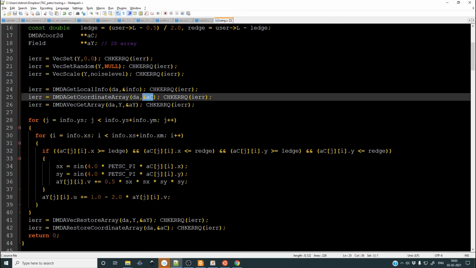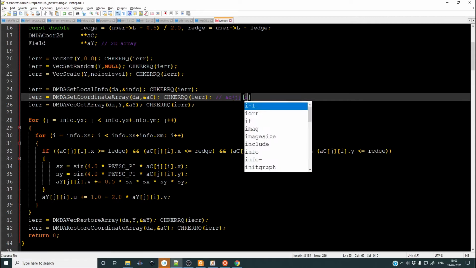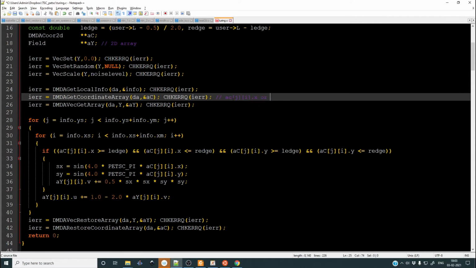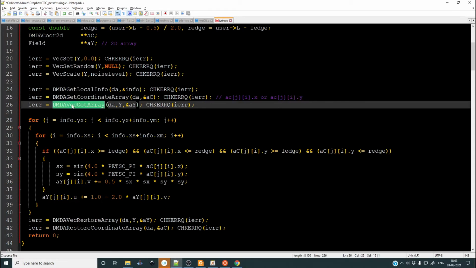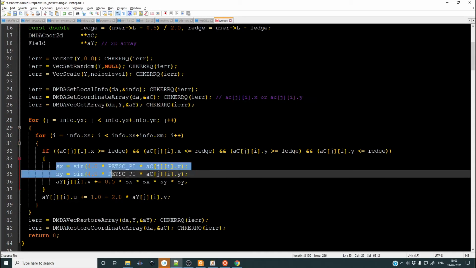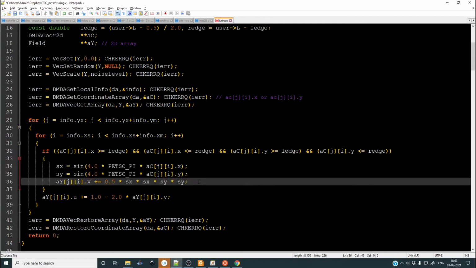So inside this, AC j comma I dot x. The calling sequence for the coordinates is going to be AC j I dot x or AC j I dot y. So this is going to give you the local x and y coordinate, something which you can imagine to be of the kind meshgrid in Python. Okay, then you get the array, then you assign it with a random number, you have already assigned everything to a random number, but in between